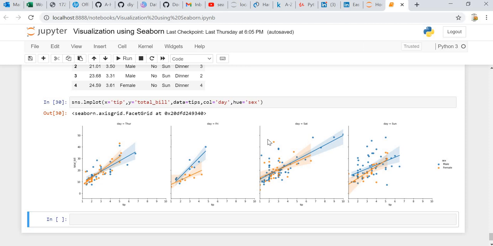All right, so this concludes the visualization techniques using Seaborn, and this also concludes the prerequisites for machine learning. In the next session, we will be discussing the machine learning models, pre-processing, data wrangling, data pre-processing, feature selection, and all of those things. From the next lecture, we will be starting our machine learning lectures.